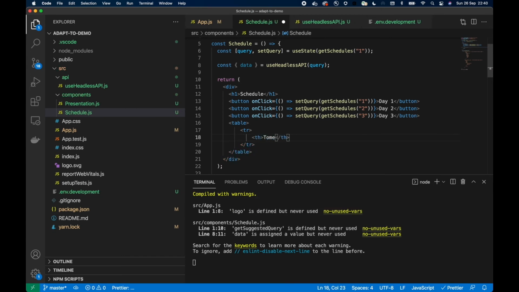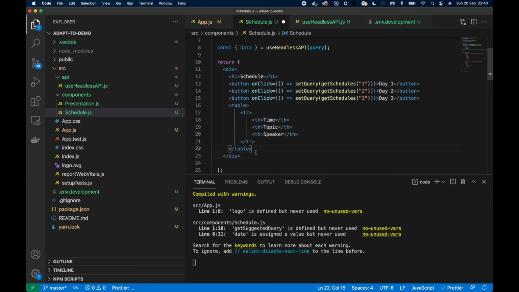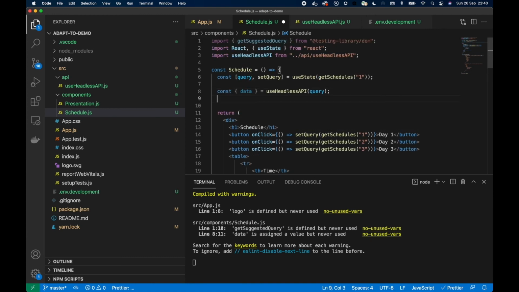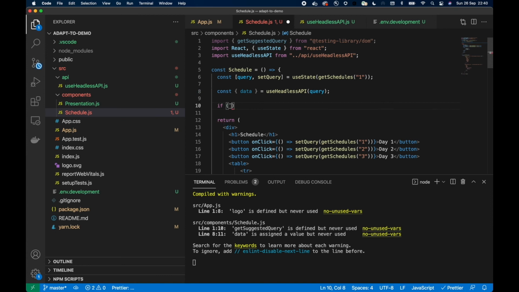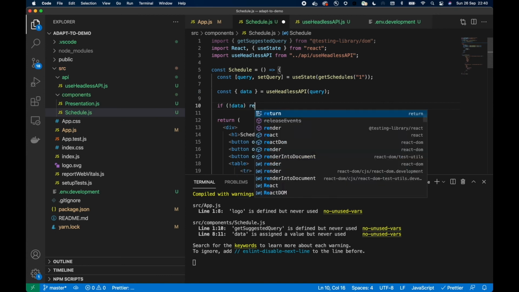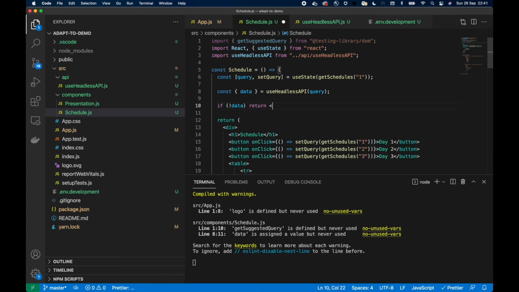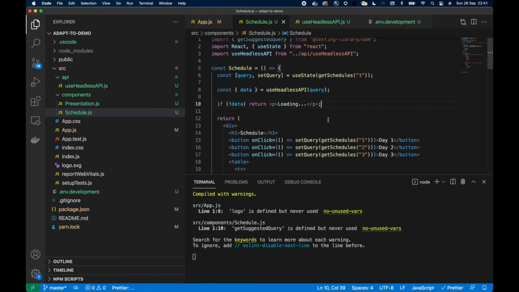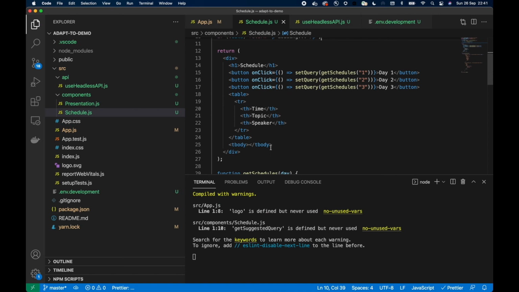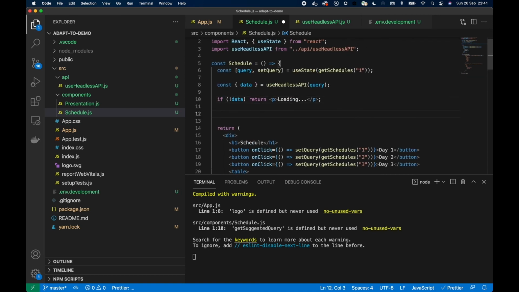So I will need a time, a topic, speaker information, and here you will witness all the fights with the editor real soon. So let's add some message if we don't have any data. So we just display loading. And also,